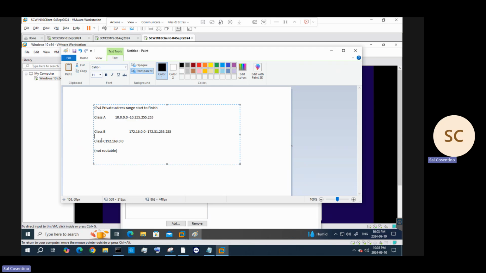This is our class C, and again, class C is 192.168.0.0, and this one finishes at 192.168.255.255,